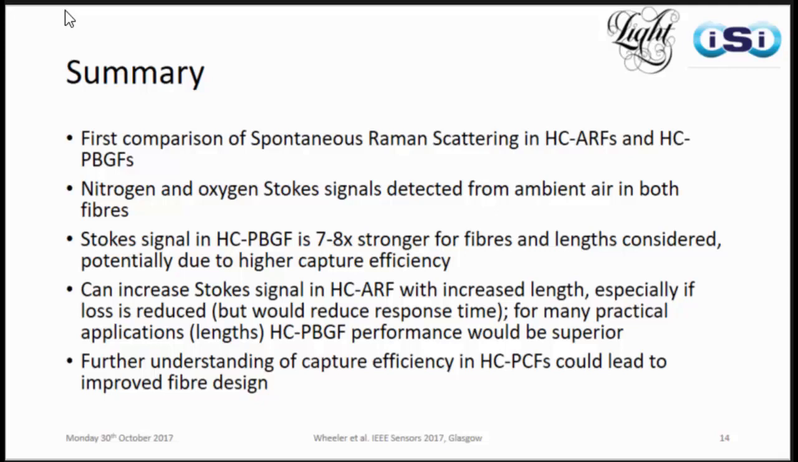We could increase the Stokes signal by using a longer length of hollow-core anti-resonant fibre, but in a practical device, this may not really be the way you want to go. It depends what application you're looking at. And for many practical applications or fibre lengths, the bandgap performance would be superior. And further understanding of the capture efficiency in photonic crystal fibres could lead to